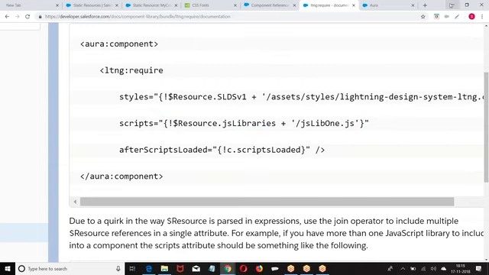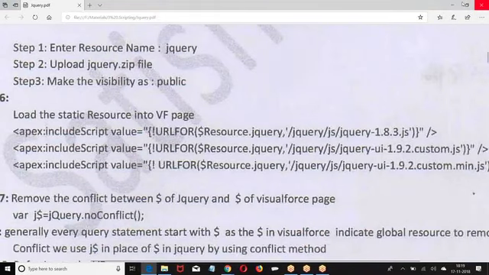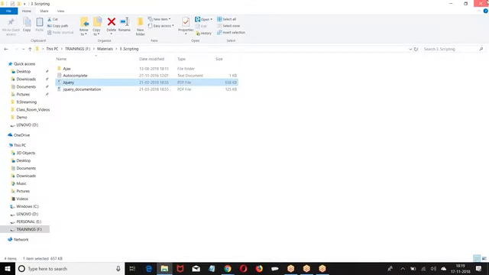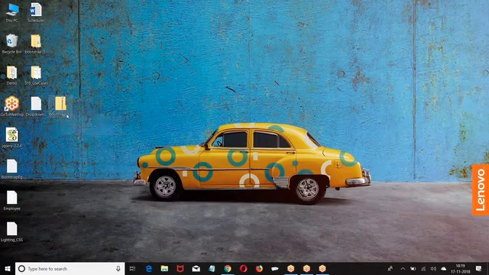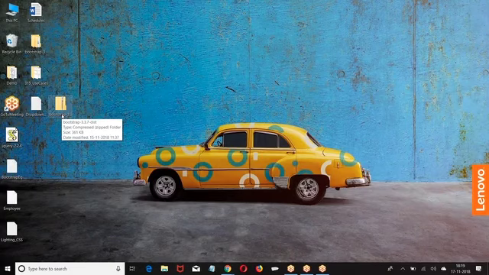So I'll try to show an example now of how to work with Bootstrap. I already downloaded the Bootstrap file, the Bootstrap 3.3.7 distribution file. Now the fourth version also came, but I already have a file and I'm using it. I don't want to download and do all the stuff. So I already have Bootstrap 3.3.7. This Bootstrap file I'm going to use. How will you use this?